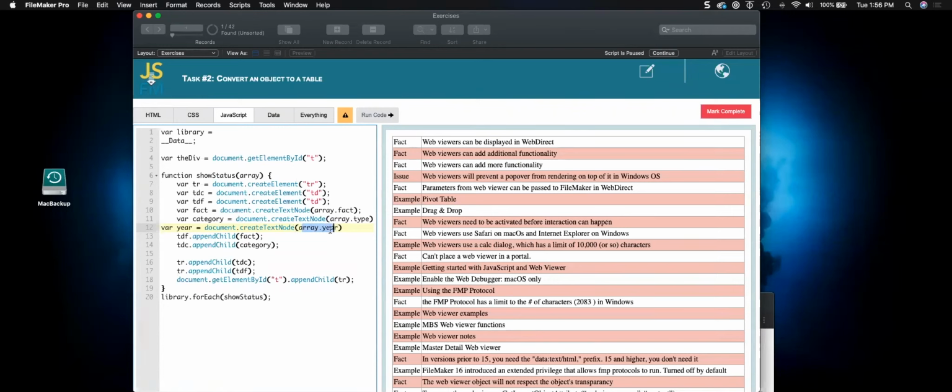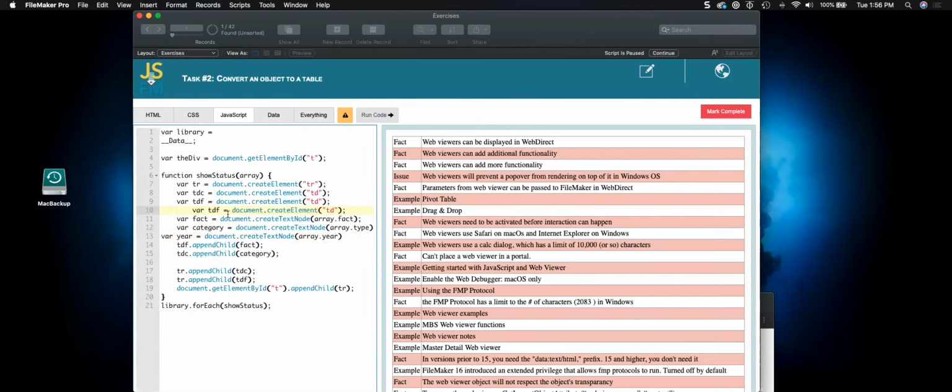For each of the objects in the array, I'm grabbing the year, and then I'm going to append that to, let's see here. Actually, I need to create another one of these. Again, sorry for going fast, but I just want to show you what could be done. Let's see if this works. tdy.appendChild year,